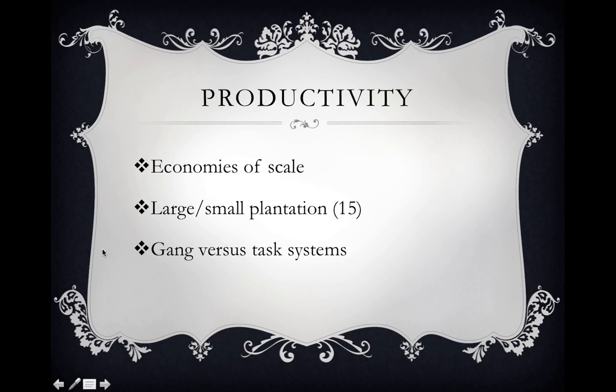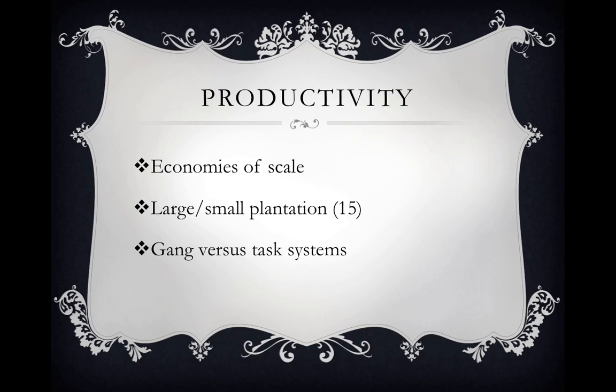And the reason for this is that there were two different systems that were utilized on these plantations. There was a gang system and there was a task system. A task system is where individual slaves are given a specific task to do. For example, clear that particular field, and you were to go out and do that. So each individual had assigned tasks with that.